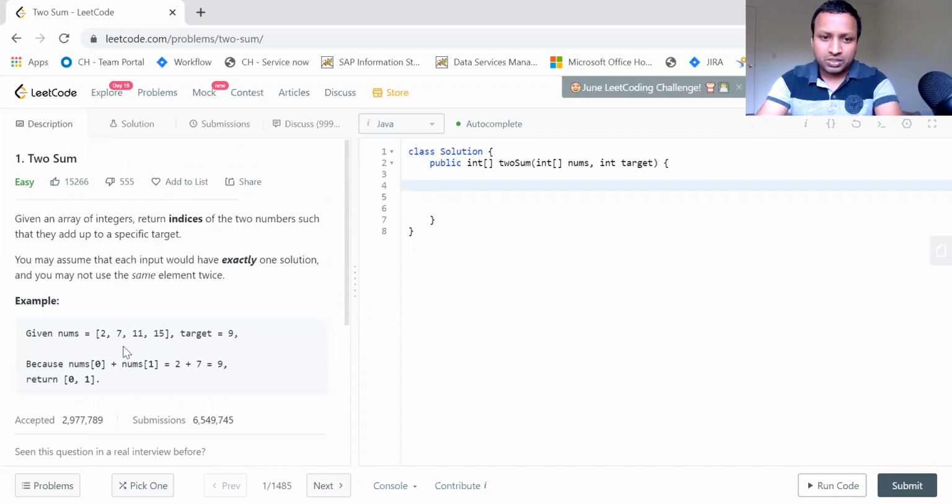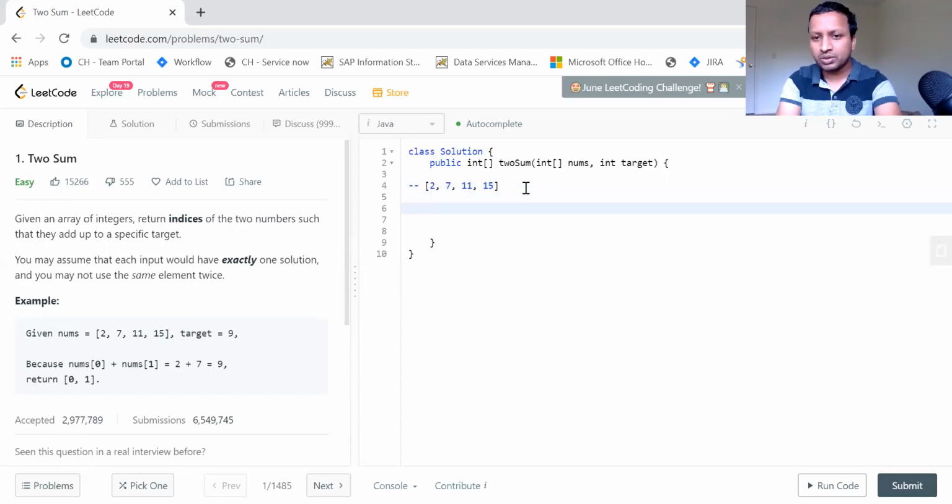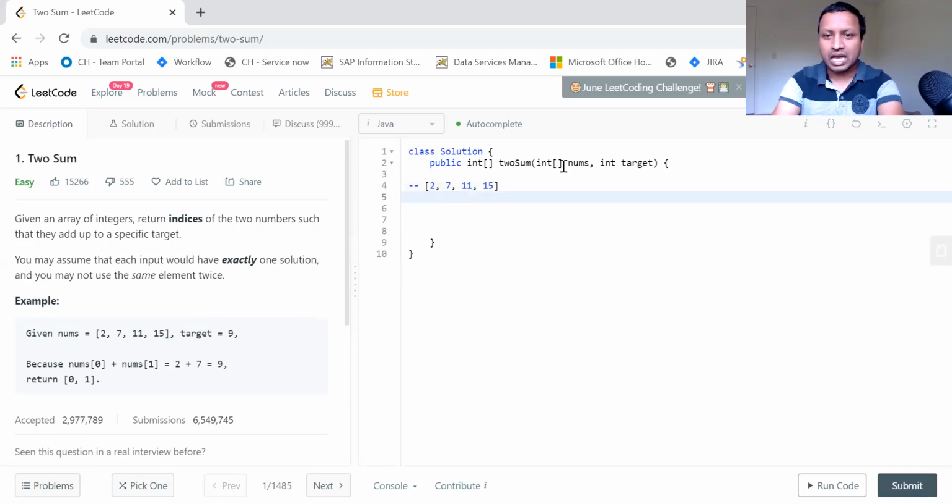So how do you approach this? Let us copy this, and there are multiple approaches. The first approach is using a hash table. Also you can do it using the brute force approach, which is to find all the pairs and check each and every pair's sum, and try to match it up with this target. If any of the pairs matches the target, that is your result. Even that works. Or the second approach is the hash table approach.